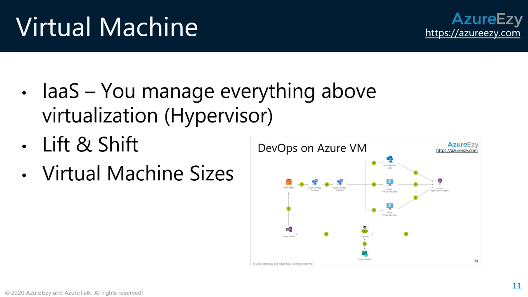But in case of cloud, it is just a click away. You just select that particular size. There are various different sizes of virtual machines available, starting from very low compute to very high compute requirements, where you can run your machine learning or deep learning kind of workloads, which require a lot of specific hardware and high compute power.